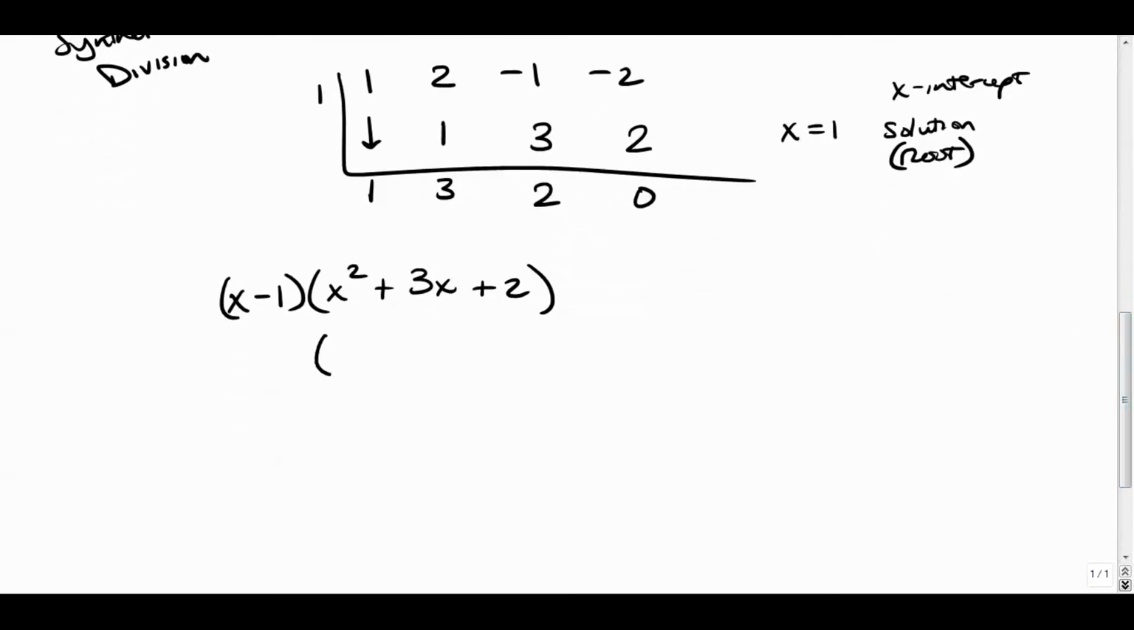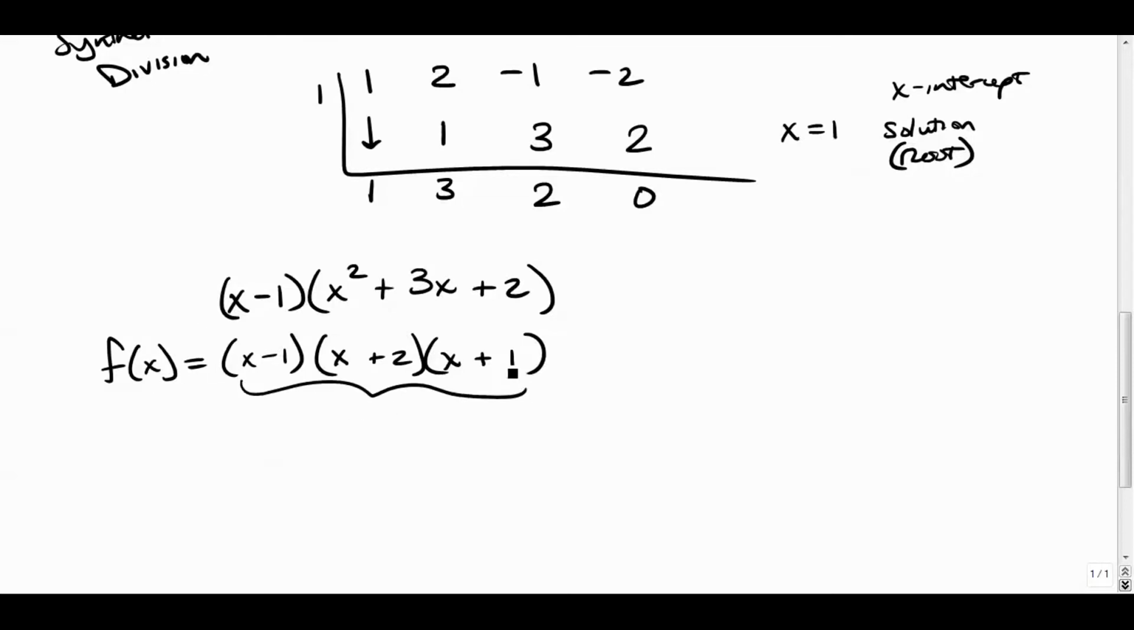Let's see if we can factor this. I think it is factorable. It's x plus 2 times x plus 1. And we still have the x minus 1 binomial in the front. So this is the new version of our function. We haven't changed its value, but we changed how it looks. And if we set this equal to